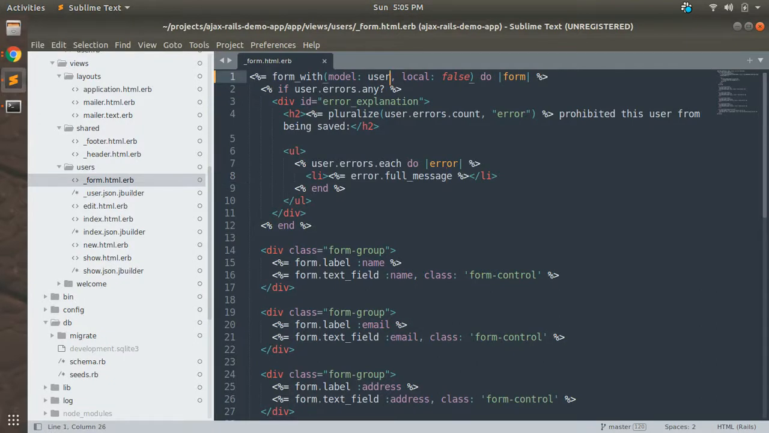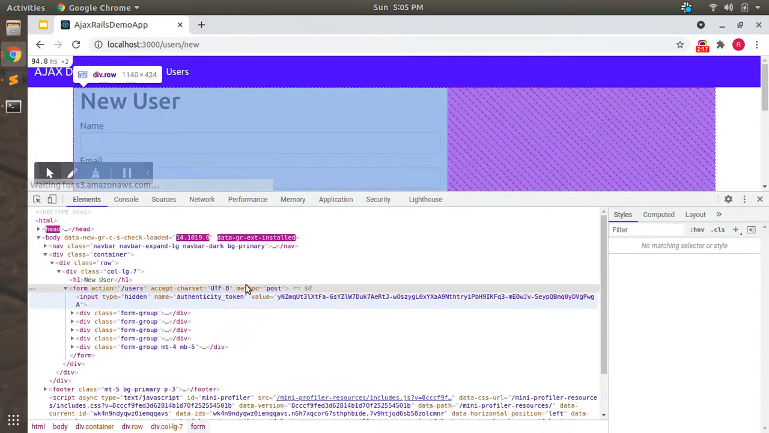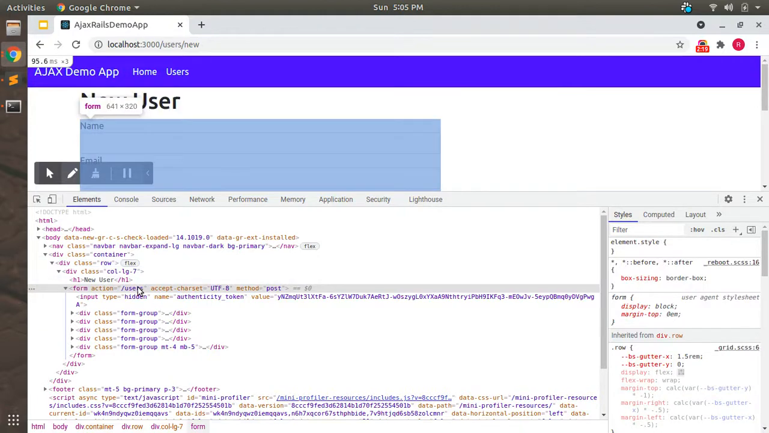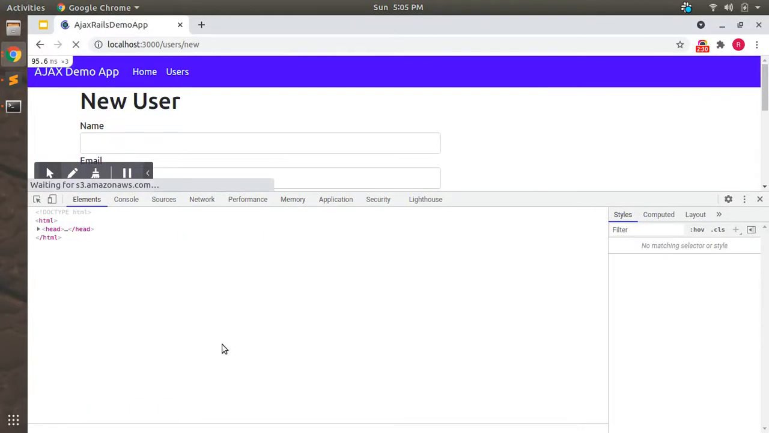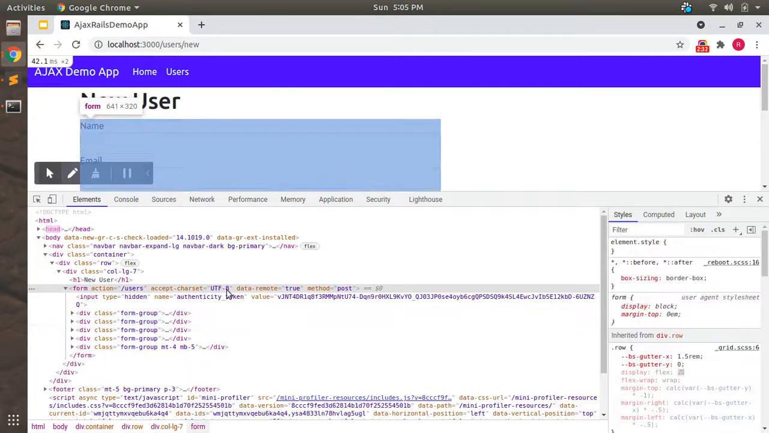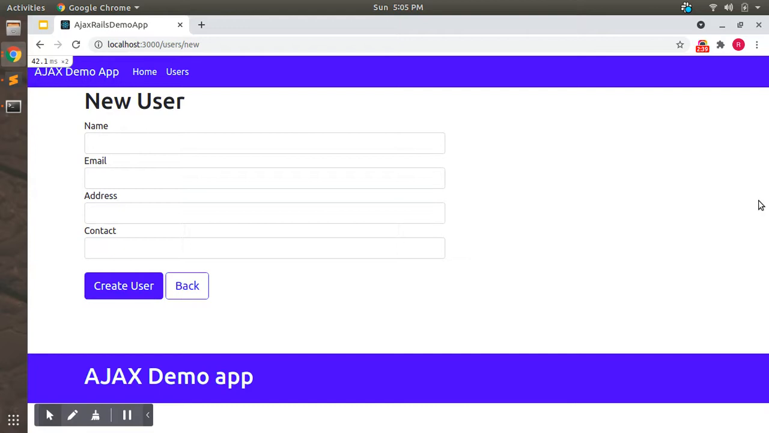Now, let's remove this. You can see data remote true has been removed from the form as well. So this form will not be submitted as Ajax now. Let's keep it, save it, and reload again. Yes, data remote has been added here. Now, since we added local false and the form is submitted as Ajax,